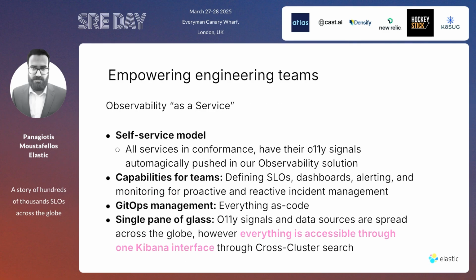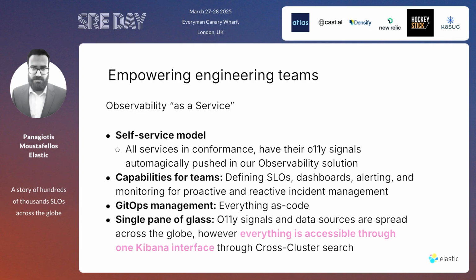The other key thing that we're going to cover today is providing observability as a service for internal development teams. We didn't want to go through one centralized observability team all the time. We didn't want to bottleneck on a team like that. So we had a team provide observability, Elastic Observability in this case, where we are dogfooding, as a service. So we gave teams the capability to describe their SLAs and what the bar is for their SLOs.